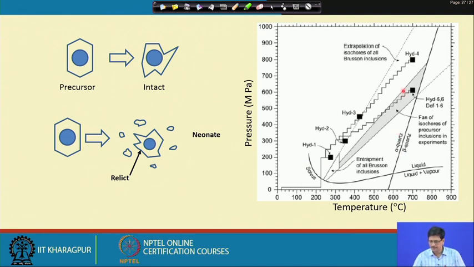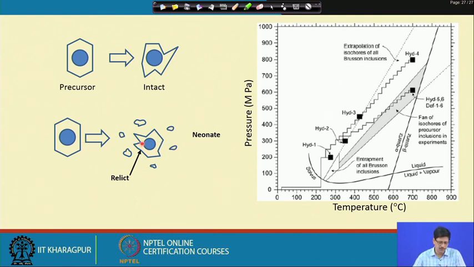So qualitatively speaking, the original inclusion has been dismembered. So, definitely there is a change in the volumetric property. We cannot expect that the relict inclusion and the neonates are compositionally similar to the relict, but there is some change in the composition, which we will discuss a little later. So compositionally we would also expect that they have undergone some change.